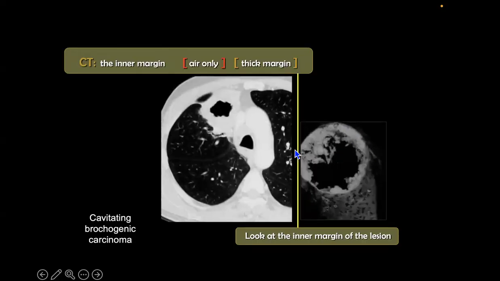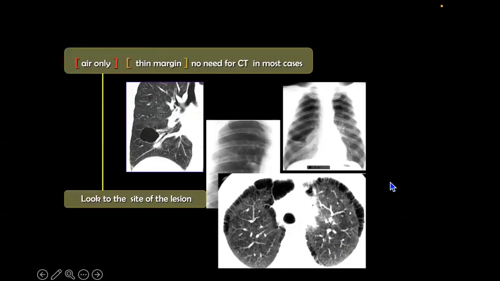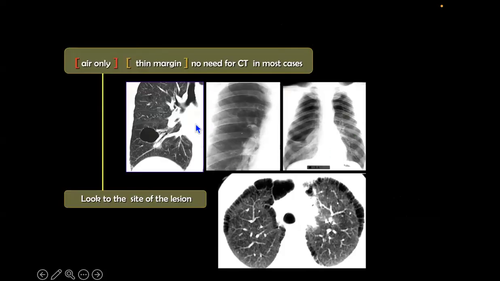But when you have something like this, this is a specimen, of course, in the pathology histo profile, and this is the image. You see, we have irregularities, and here we have the irregularities. So this was a cavitating bronchogenic carcinoma. Here we have a very smooth cavity, I mean wall, but we have air fluid levels. This is an abscess, and this is a chronic cavity, means it's tuberculosis. Okay.